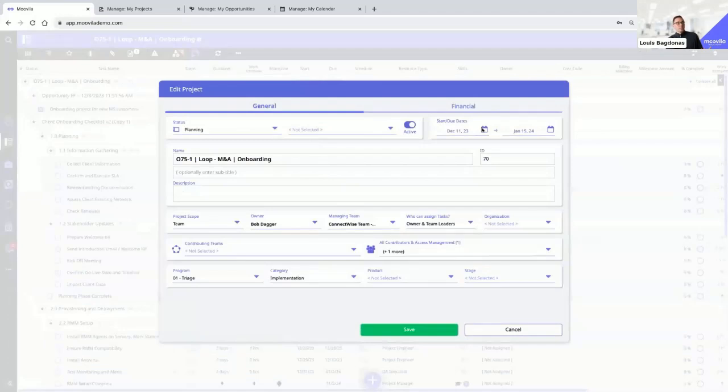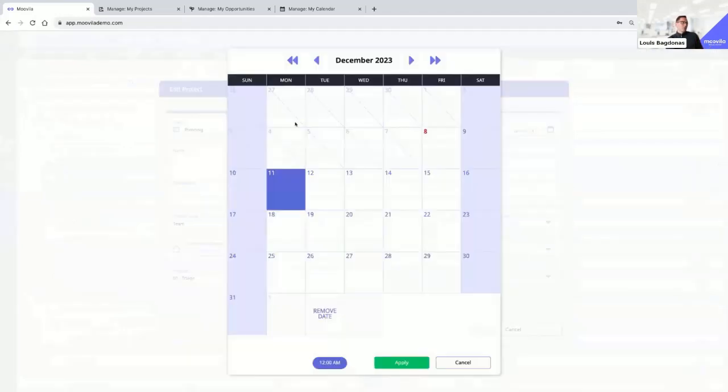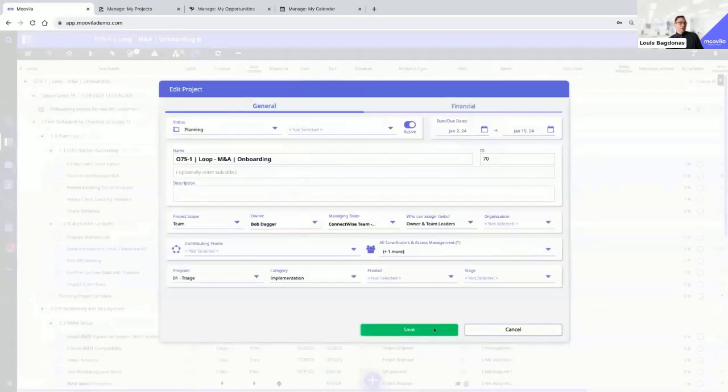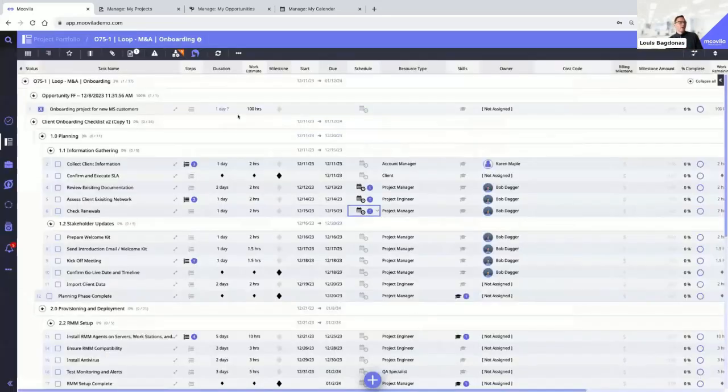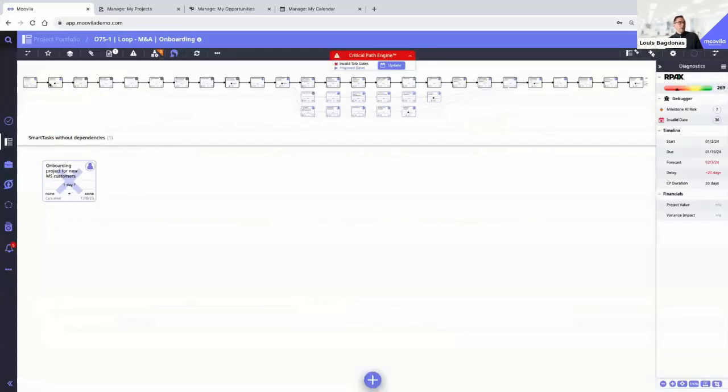We can come in here. We can say, okay, I understand, no problem. Let's go ahead and move this to January the 2nd, right? We'll leave that due date of 1/15 right now, even though we know that it's probably going to be pretty hard to hit. This is when we come over to our critical path, and we can see that with just